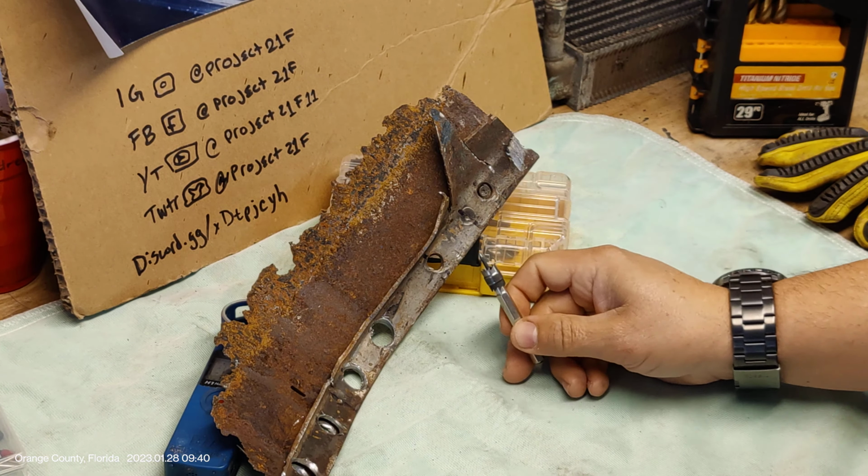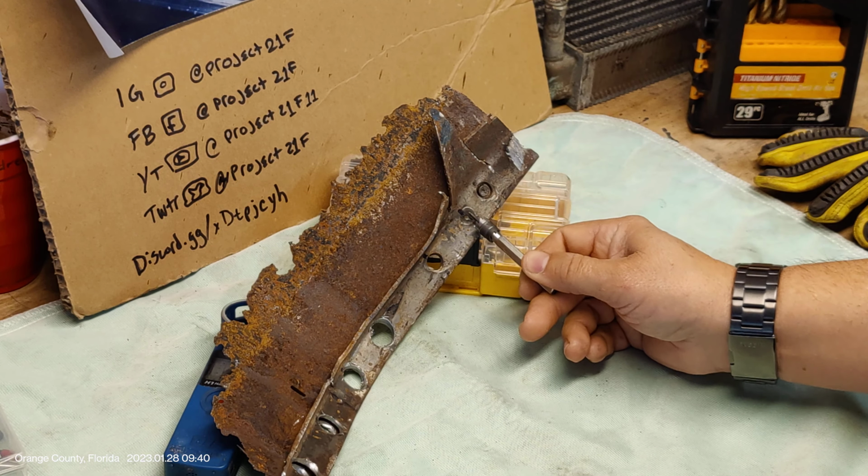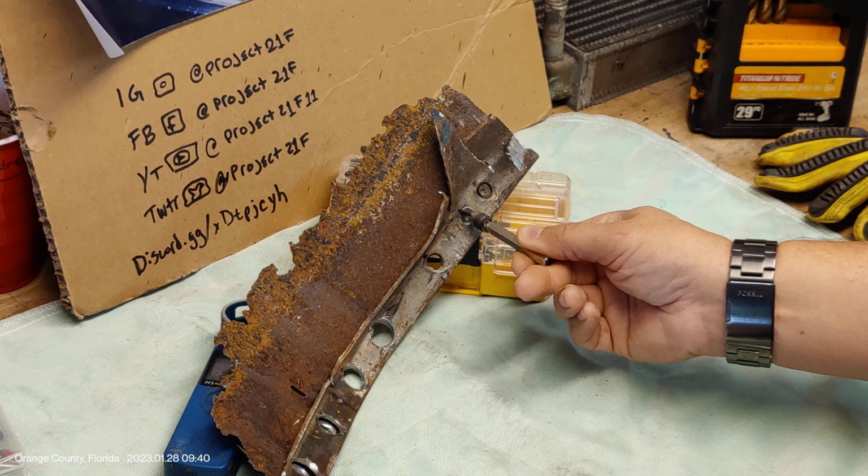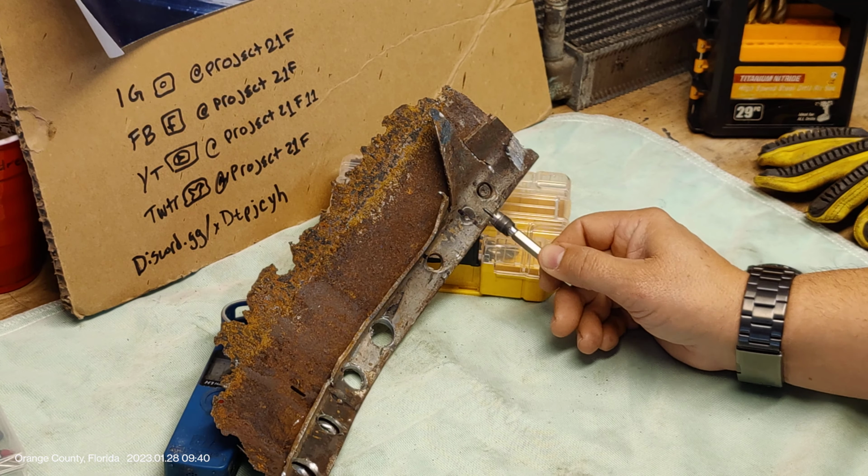The challenge is that if you don't get exactly, and you can kind of see here, if you don't get exactly that center of that weld, you're going to leave some welded material on one side and it's going to resist peeling back. The other thing that I think is interesting that also is more challenging on a convertible is